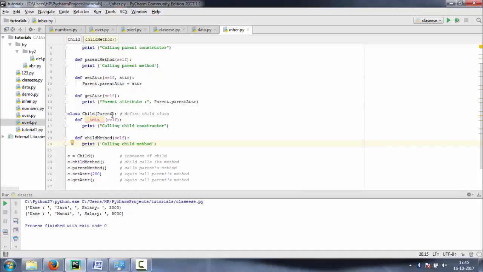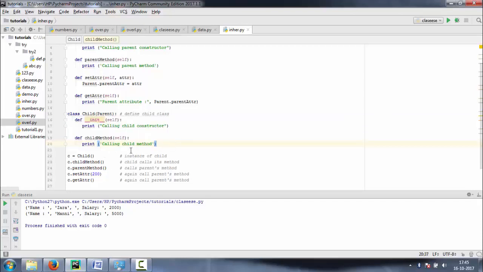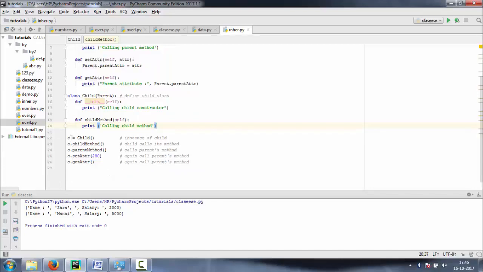and here we give the body of the subclass, and in this section we create an object of the subclass. c is equal to Child, and we call the child method of the subclass, and it also calls the parent class method because it inherits from this parent class.